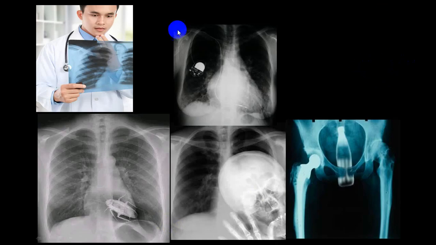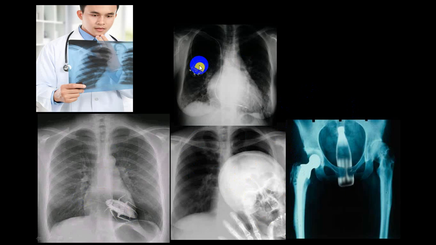Now, don't get surprised when you start reading an X-ray and wonder what this is. This is a foreign body. Skull in the chest. Cockroach in the chest. Sometimes while taking an X-ray, if a structure comes in between the X-ray beam and the X-ray plate, that will be shown on the X-ray. So this was a person who was taking a selfie while taking an X-ray. So that particular object has come in the way.